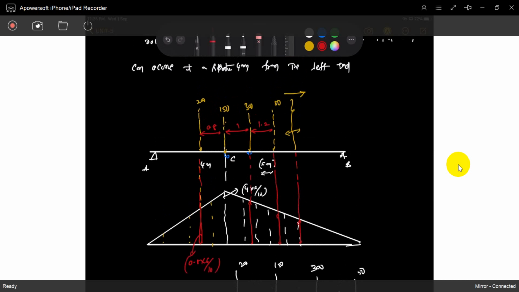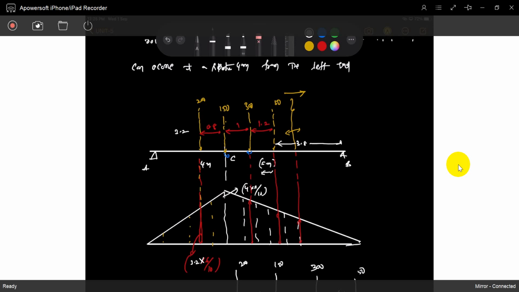So for this value, it's not 0.8, sorry. What is this value? It is 3.2. That's it now. So 3.2 into 6 by 8. Okay. So what is this value? If it is 1, it's 1.2. Total 6. 4.8. That's it now. Not 3.8. It's 3.8. So what is this value?